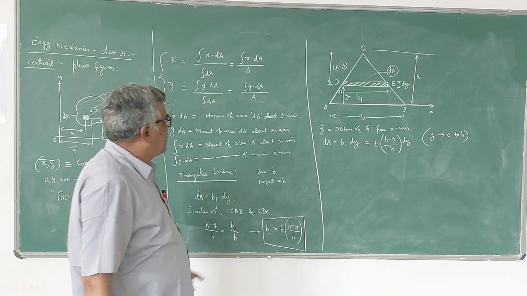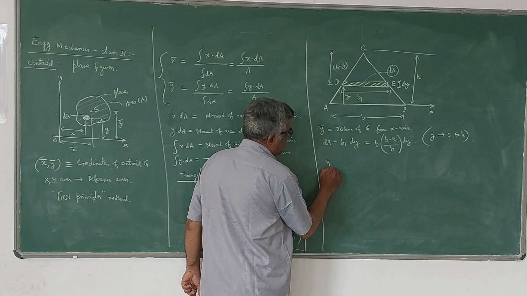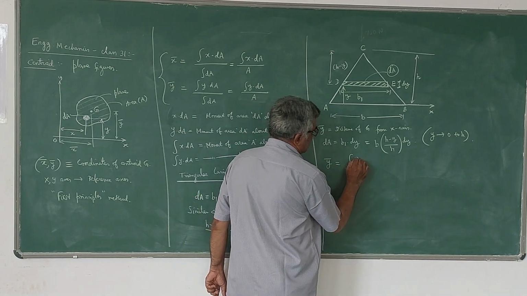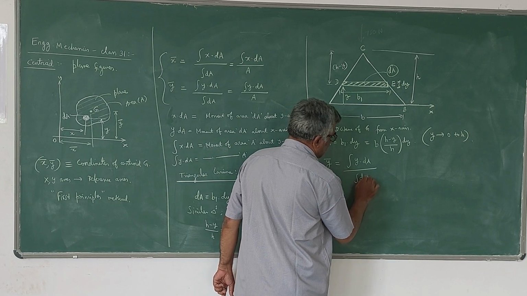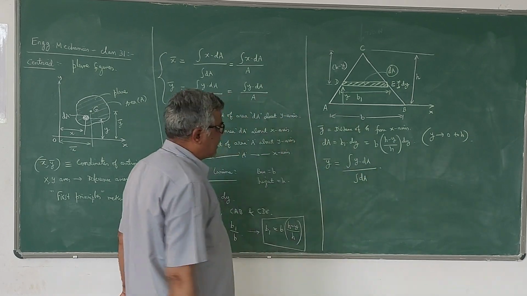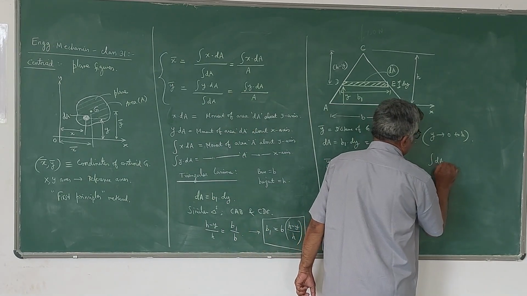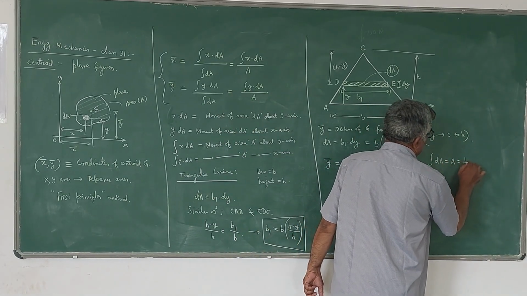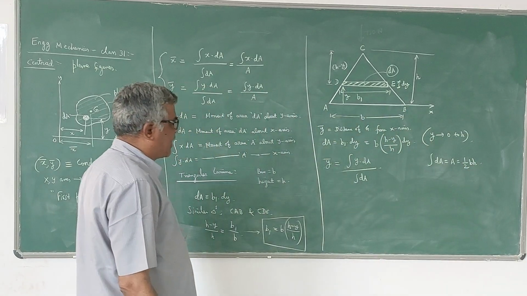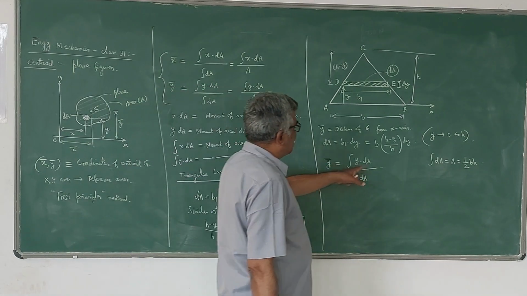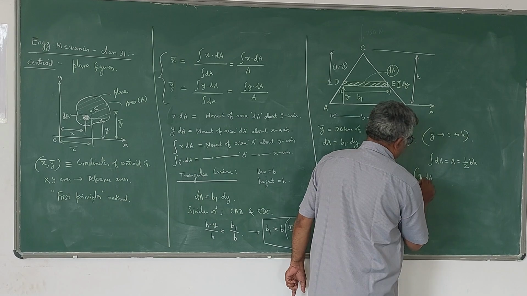Now I will use the definition. From the definition of centroid, y bar is equal to integral y dA divided by integral dA. Now let us see what this is. Integral dA is nothing but A itself. In the case of a triangle, you know that the area is given by half into base into height, half bh. Now coming to this integral y dA,